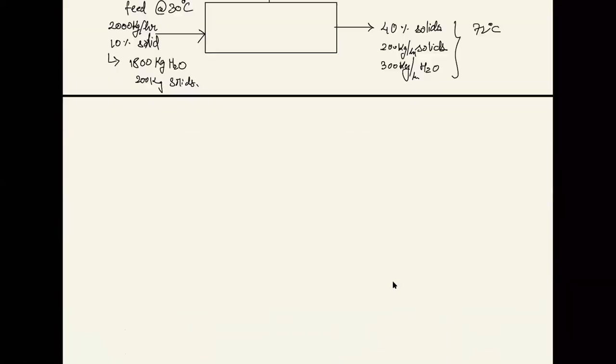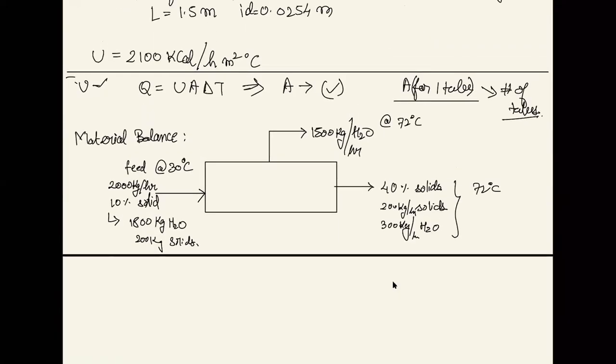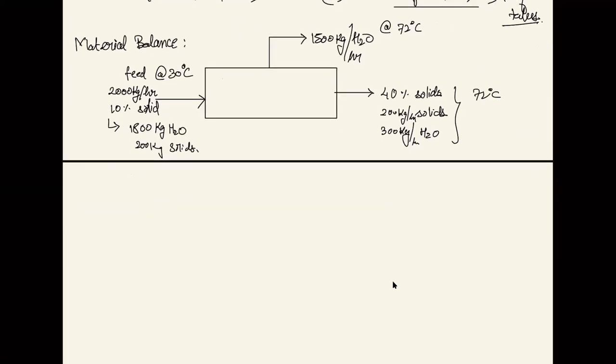Okay, now let's see what all we have and what it is that we need to do. What we need to do is find out the value of Q, the amount of heat that has been exchanged, correct? For that, we have to write the energy balance equation at least for one second. So we'll start off with the energy that is coming in, the energy that is going out, and the difference between the energy coming in and going out is the energy that has to be provided by the steam.